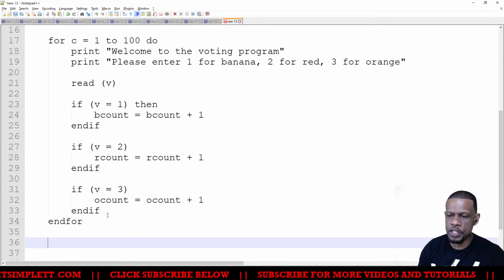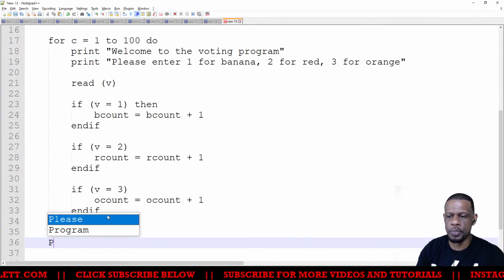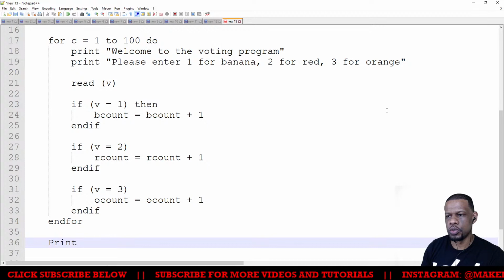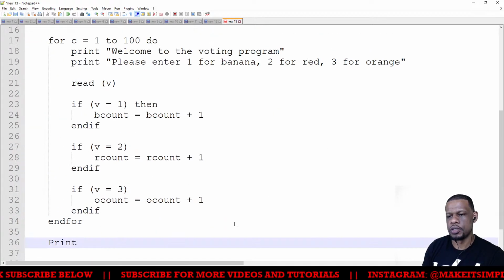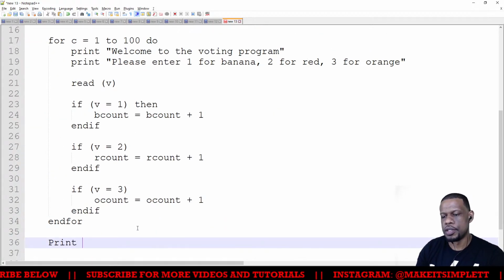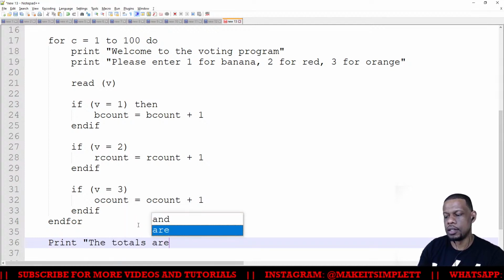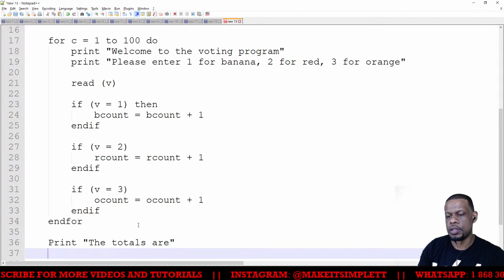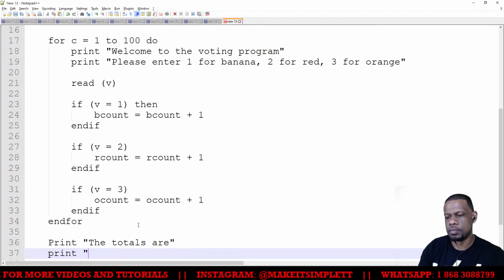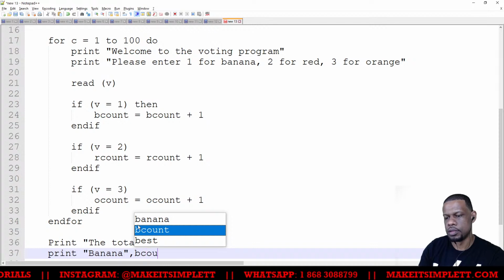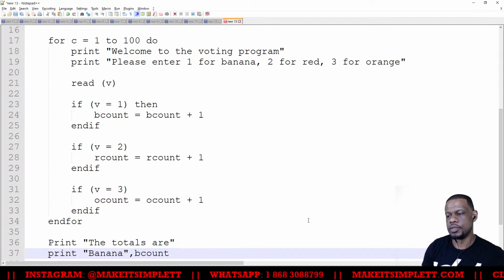Right, now when I'm finished with the for loop, I need to print out the winner, right? So print, no, I need to print out the totals. Yeah, print out the totals. So I'll print the totals are, print banana, comma, B count. And then I just do the same thing for all the others.